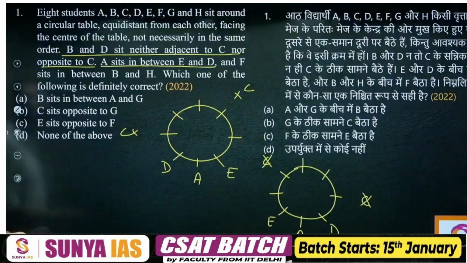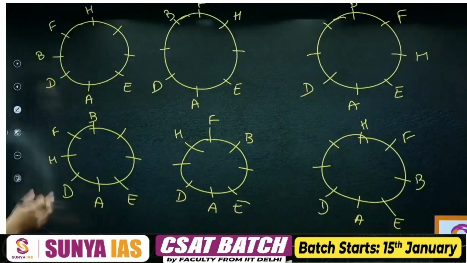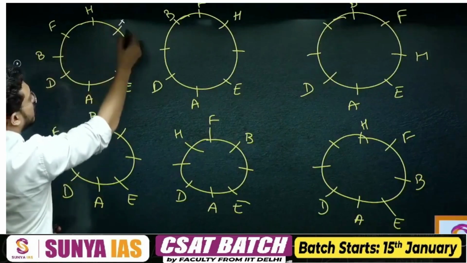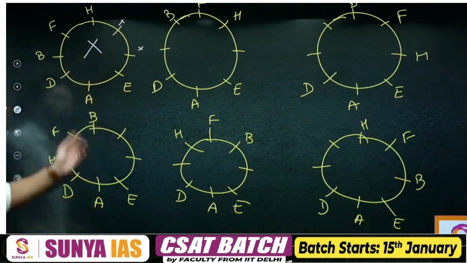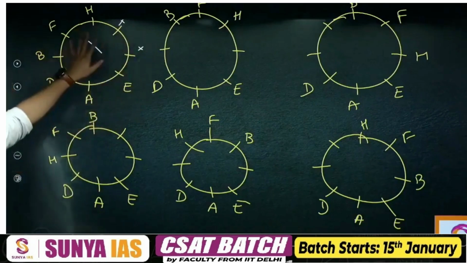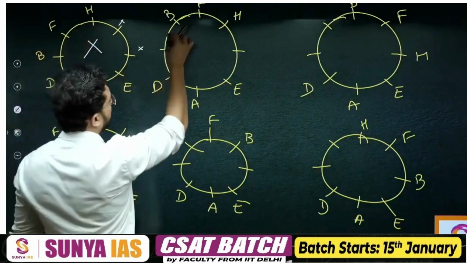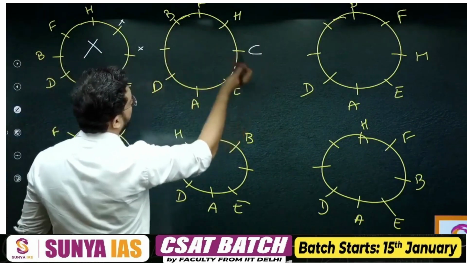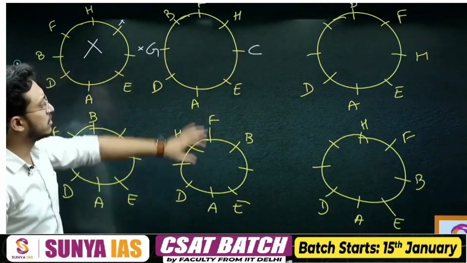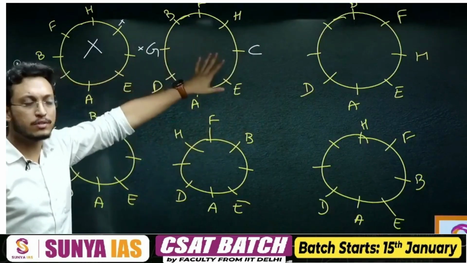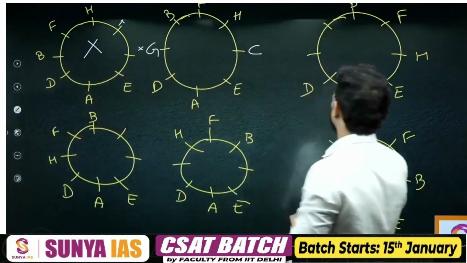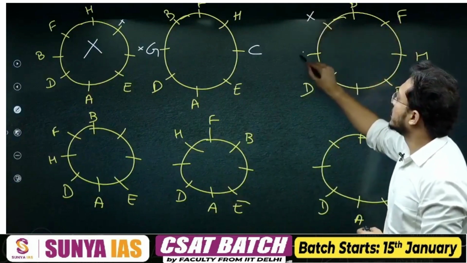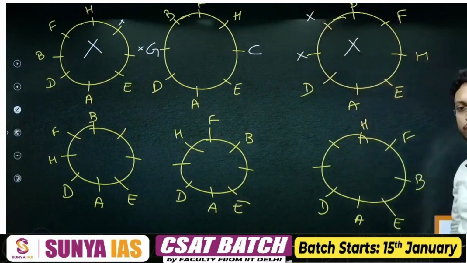अब it is specifically given that C is neither adjacent nor opposite to B and D, that means यहाँ पर दोनों जगह C नहीं आ सकता. तो this itself is wrong because I have no place for C here. This is incorrect. C is neither adjacent to B nor to D and nor is it opposite. That means C is supposed to be here. We are left with G. G यहाँ आएगा. So this is a valid case satisfying all the conditions given in the question. If I am making this other case, then C is adjacent to B or D. That means this is incorrect. I cannot go forward with this case.